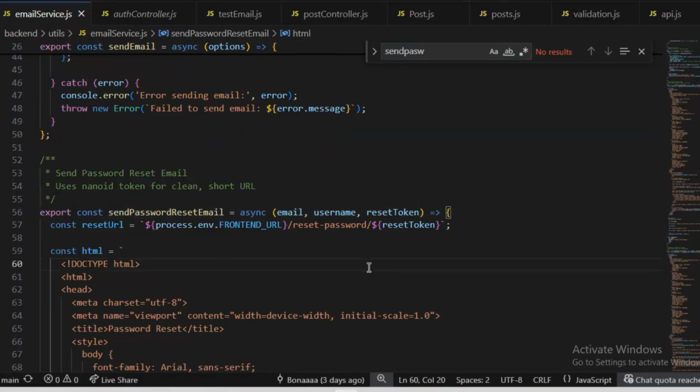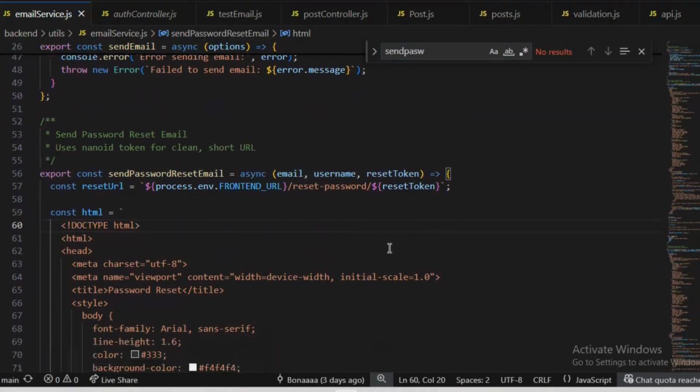And here is the send password reset email, and notice how it accepts a reset token parameter. This token comes from the user model's generate reset token method, which uses NanoID internally to create a short, secure token.